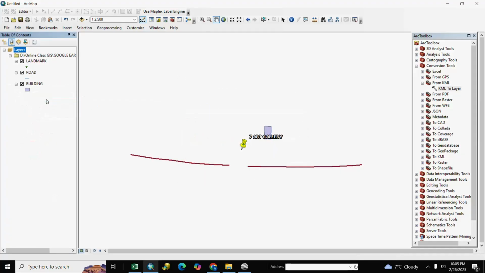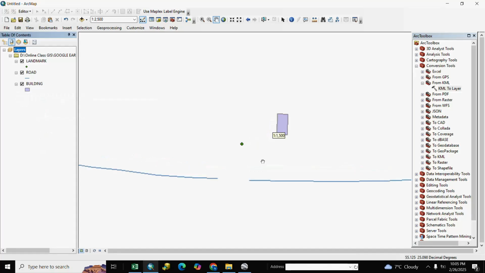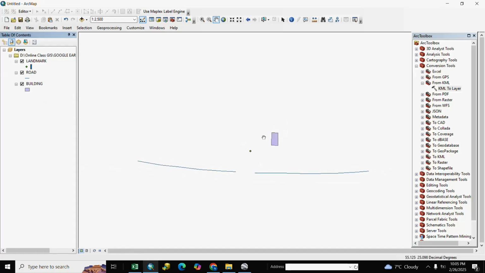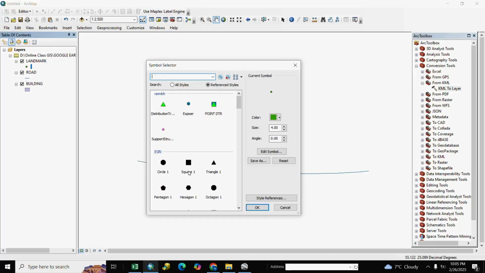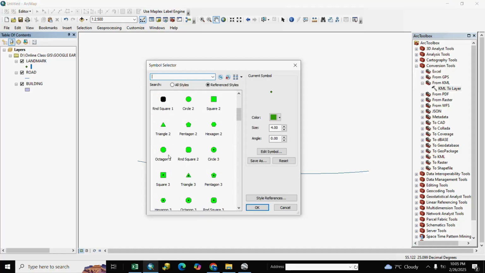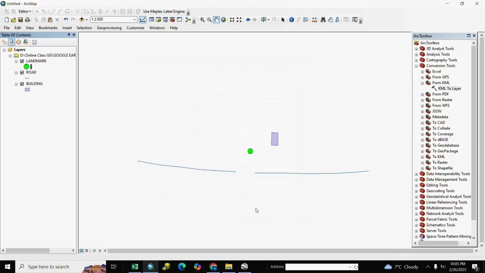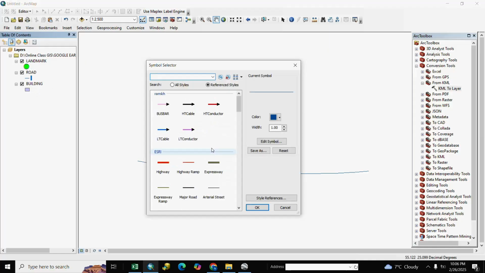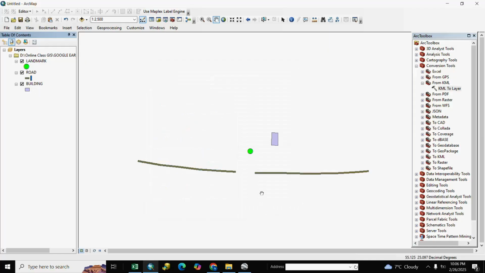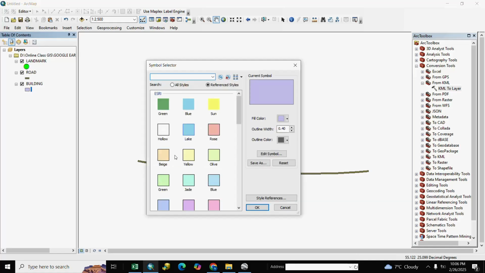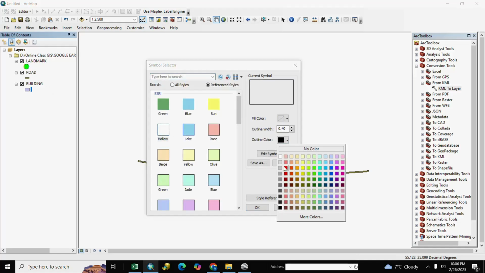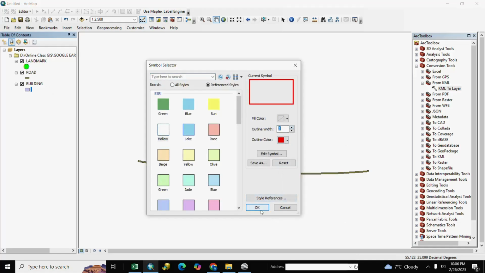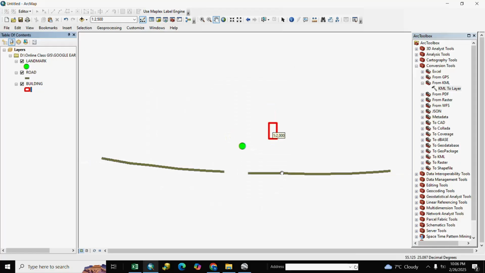We remove the old ones. Here is our landmark. If you want to change symbology, you click here and select a symbol as per your requirement, road and building. Here is the converted KML file to shapefile.